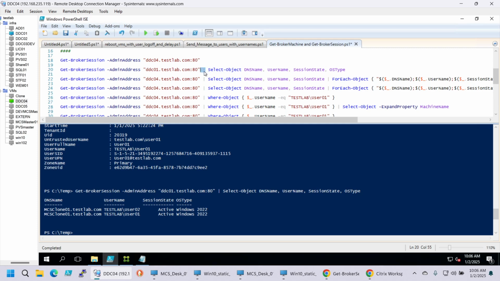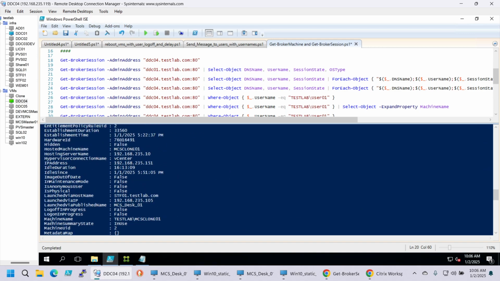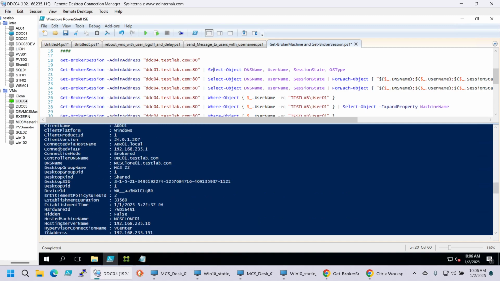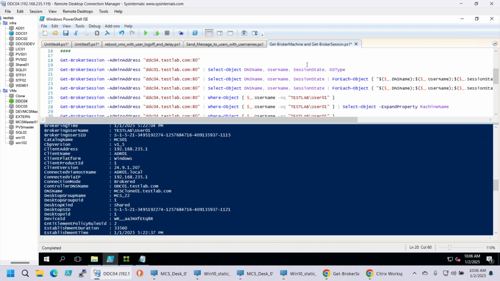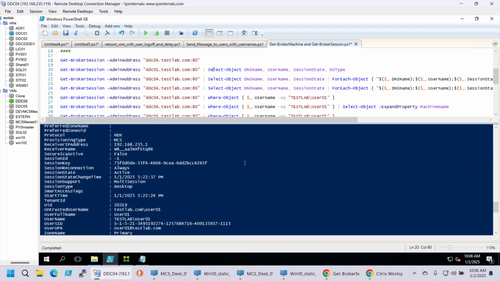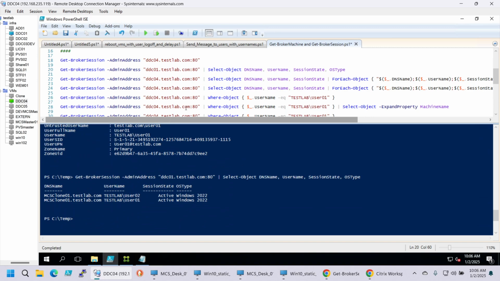We just, so this is normally a pipe, and then you write Select-Object, and you can write anything you want from this column. Anything you want you can add, and you will get the information like this. You can also, if you want to use the information, for example in an Excel, so you want to export it and then import the information to an Excel file, then you can add